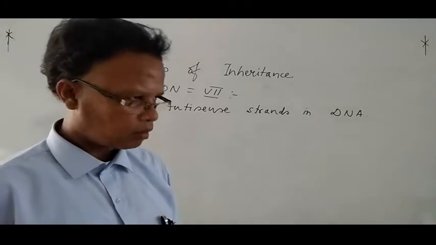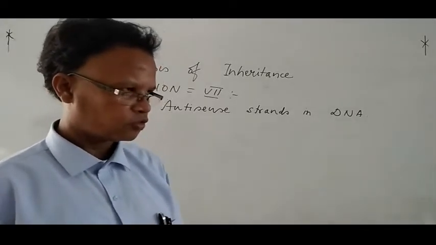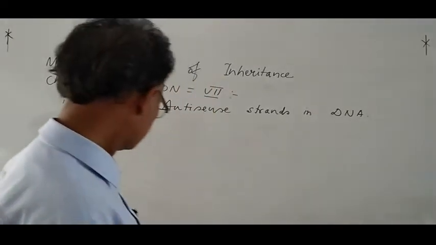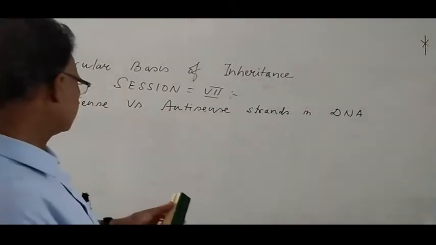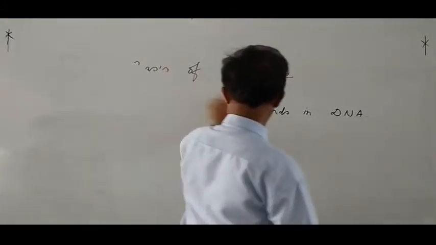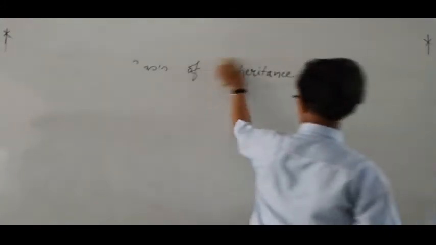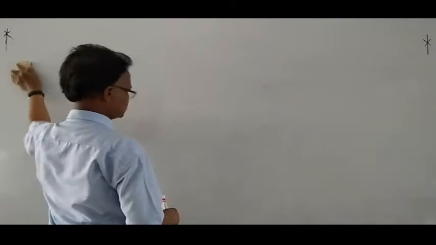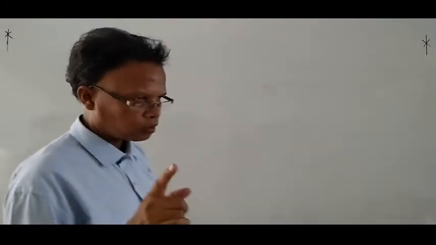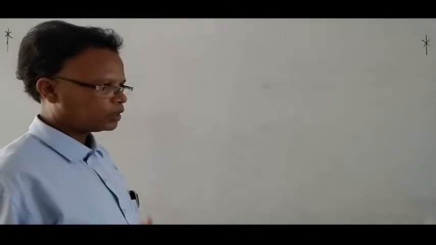I am describing all this because in earlier exams these are coming repeatedly. So what does sense strand mean, or antisense strand mean? Let me again describe the earlier descriptions that I have made in this chapter, the molecular basis of inheritance. The strands of the DNA molecule, out of two strands of the DNA molecule, you remember one thing, DNA